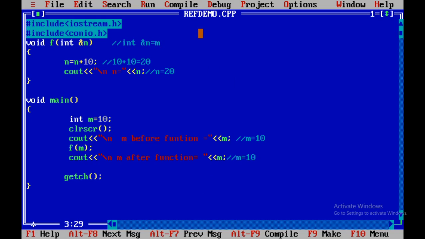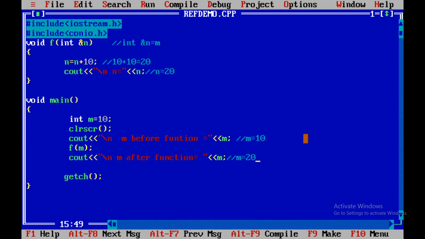Because of this, whatever changes we do on n will be reflected on m also. So changes done on the formal parameter will be reflected to the actual parameter also, and because of that the value of m now will become 20. So this is the expected output. Let us compile.